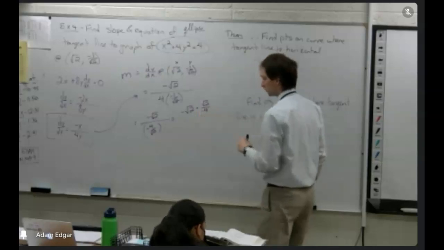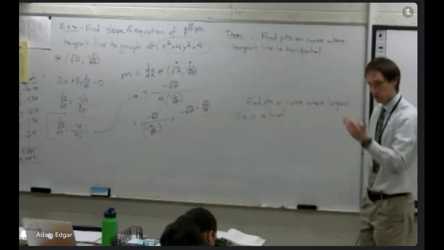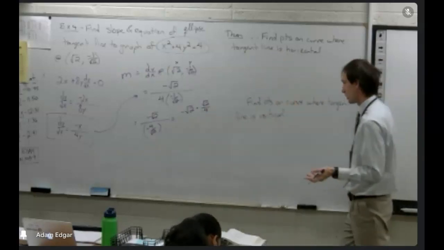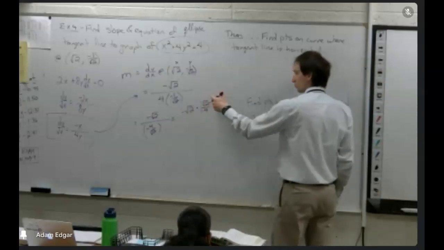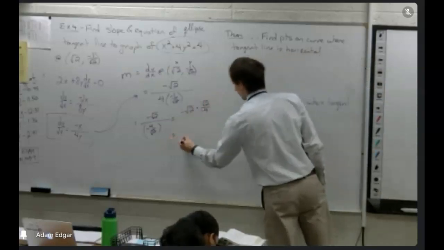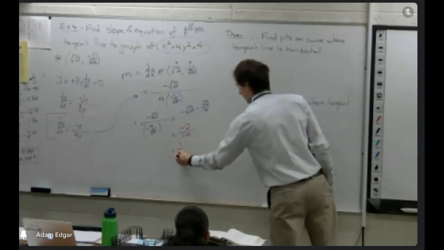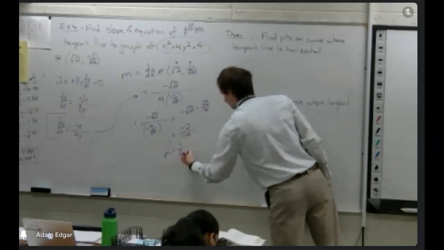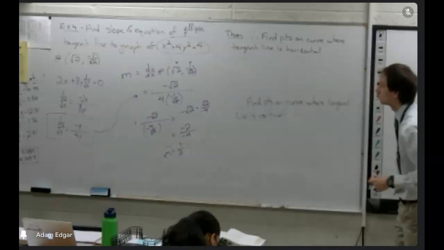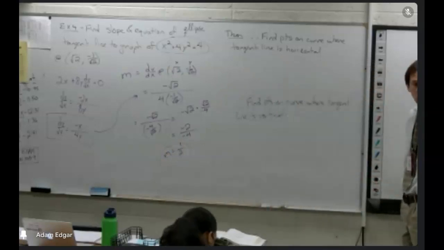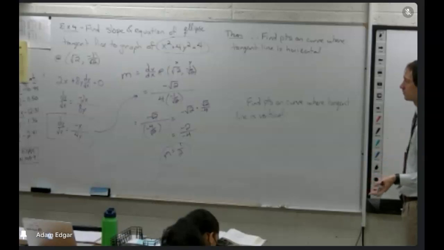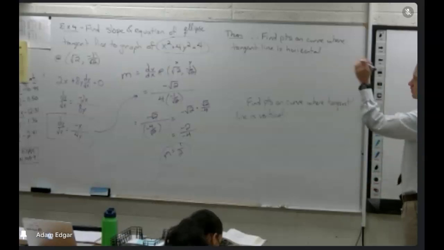Root 2 over negative 4, or negative root 2 over 4. And then this works out more nicely because what's root 2 times root 2? Just regular 2. So we have negative 2 over negative 4. And so the slope turns out to be a nice 1/2. Ta-da! So if you wanted to write the equation of your tangent line to that ellipse at that nasty point,